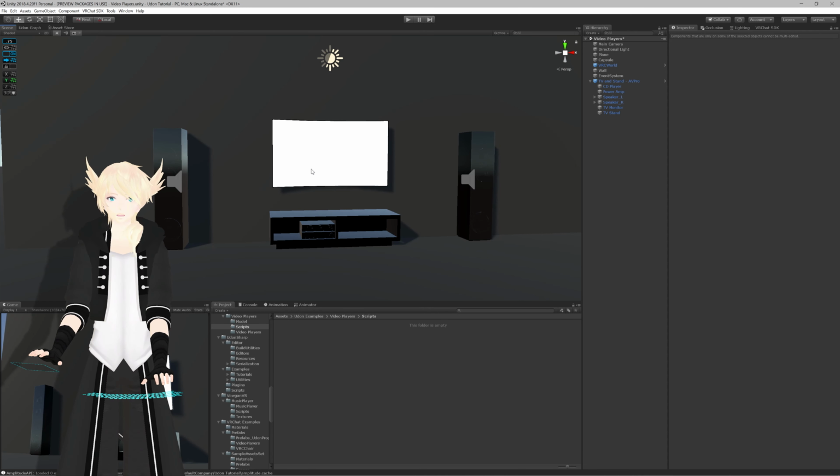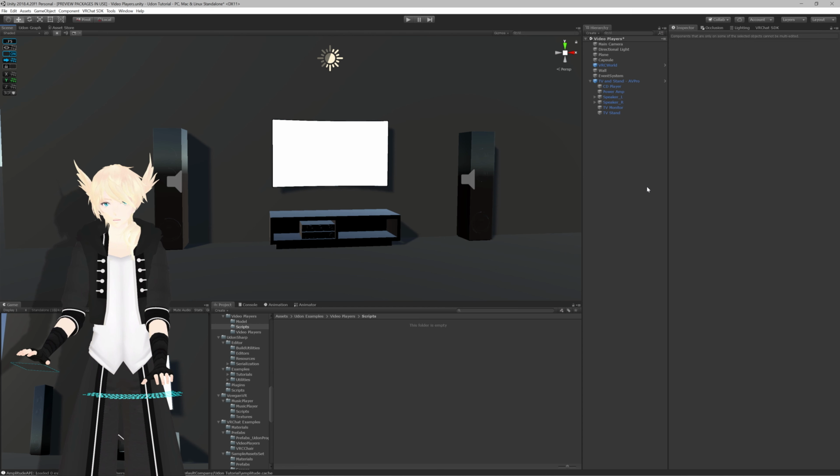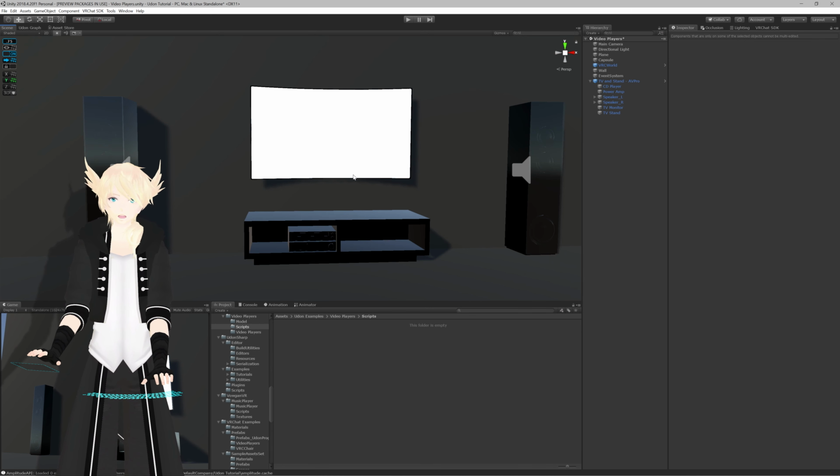Alright, so in the last video, I made a video player that you could use for the Unity setup or the AV Pro setup. Now we want to be able to control it in-game a bit, give you a pause play button to let you set the volume of the audio sources, and allow you to change the URL in-game. We won't be going over networking or syncing anything this time, but I'll be going into that more in the next video. Right now, we need to set up the buttons that we're going to be using for our video